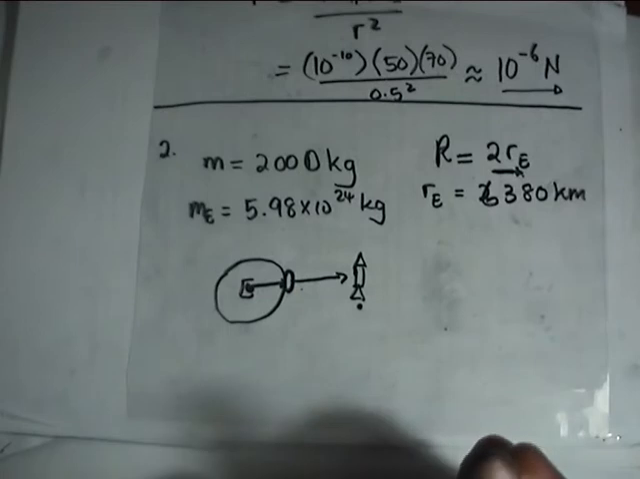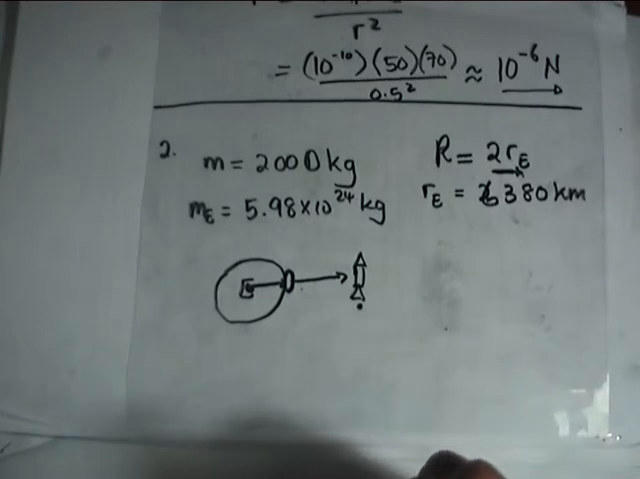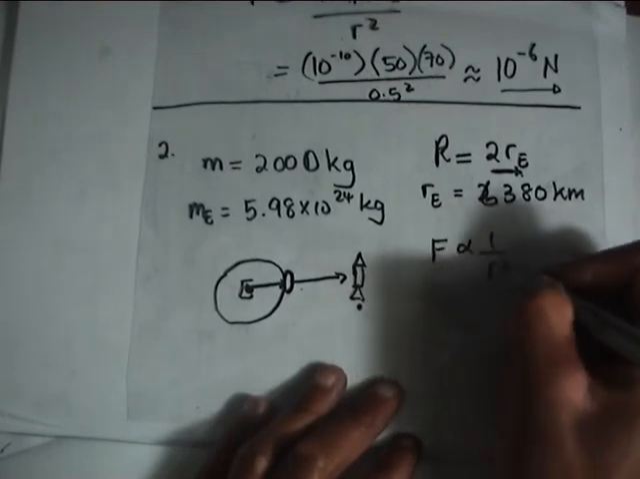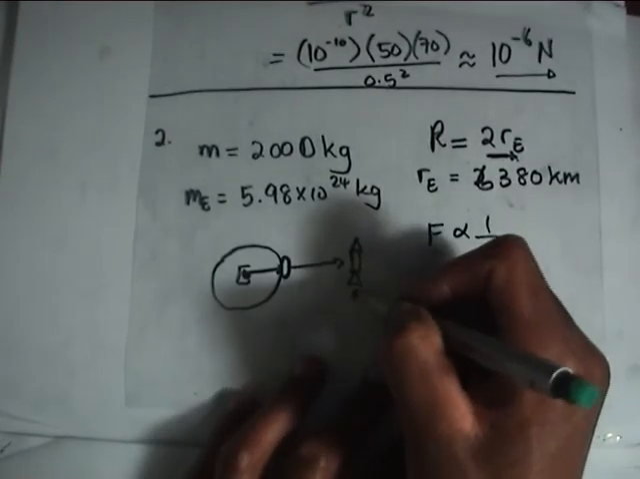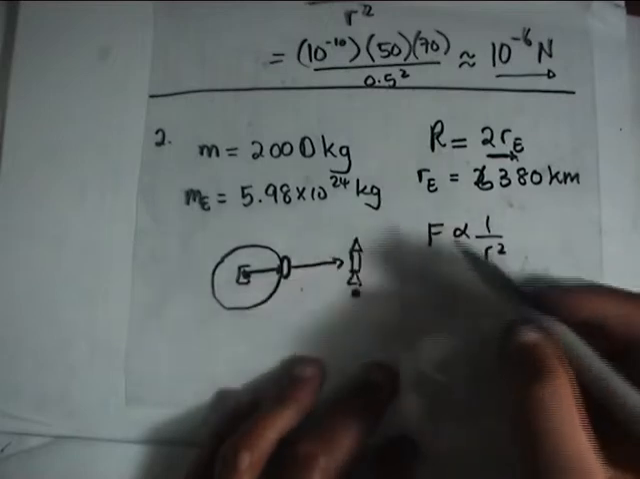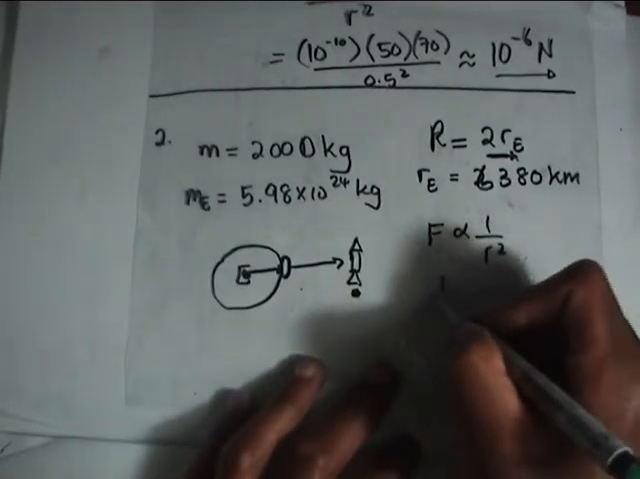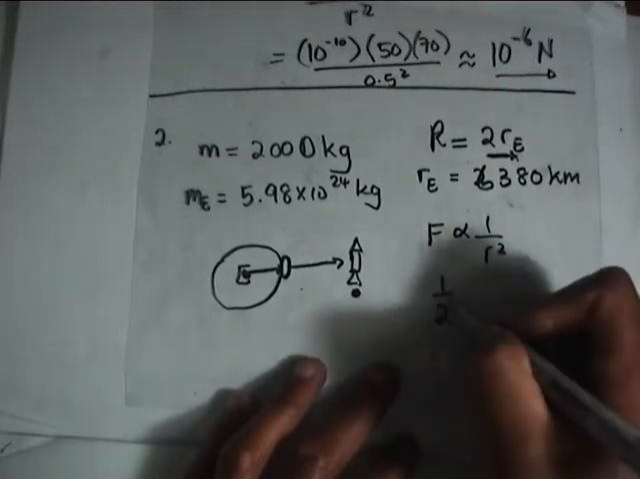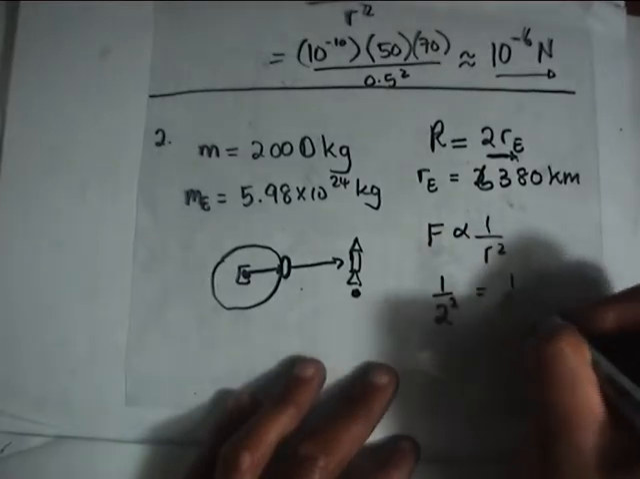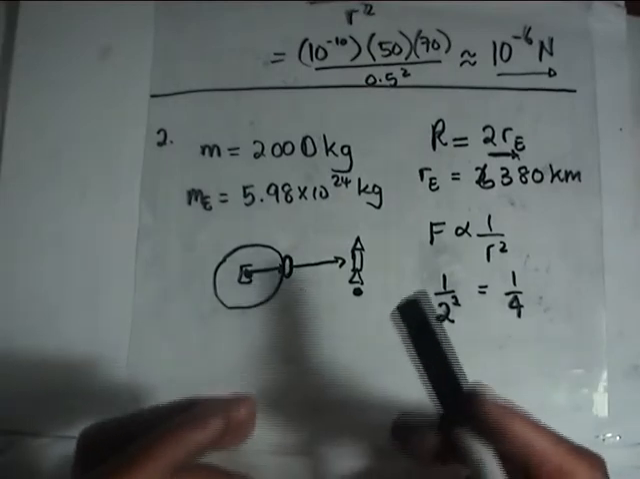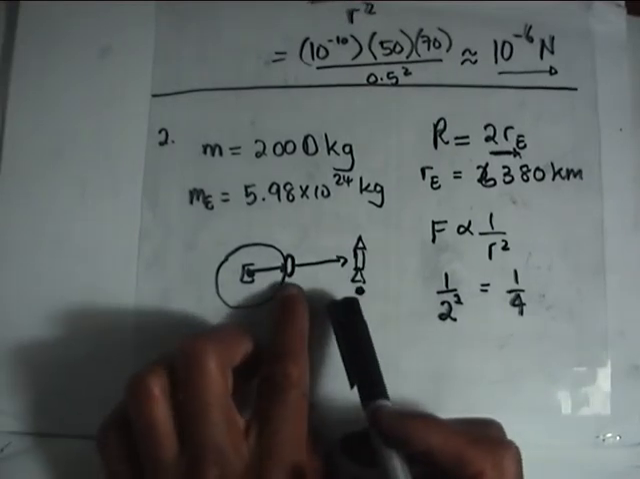Okay, so now, since force is proportional to 1 over r squared, the force of gravity at this point, since this is twice from the center, basically means the force of gravity has decreased by 1 over 2 squared, which is equal to a quarter. It has decreased by a factor of 1 over 4 compared to when it's at the